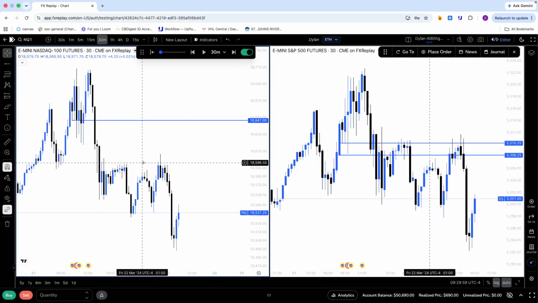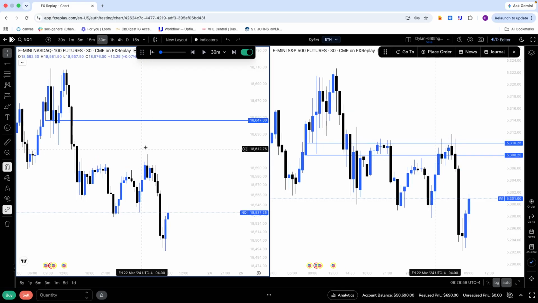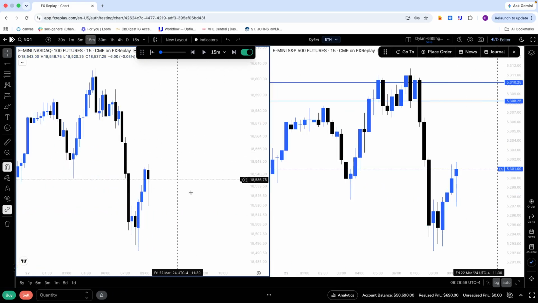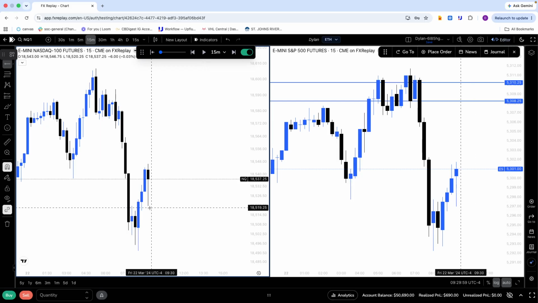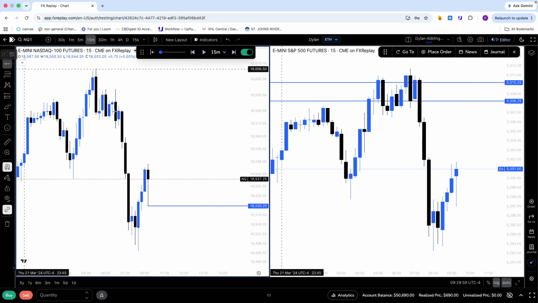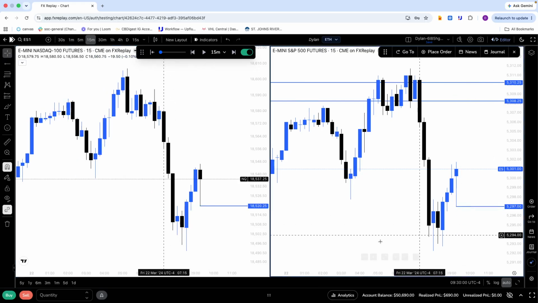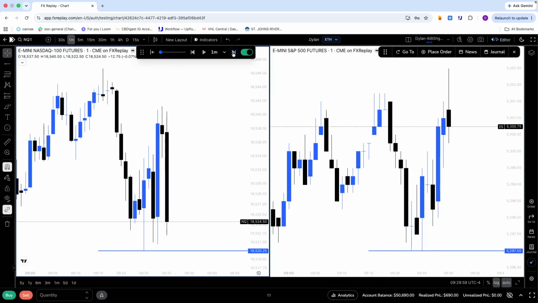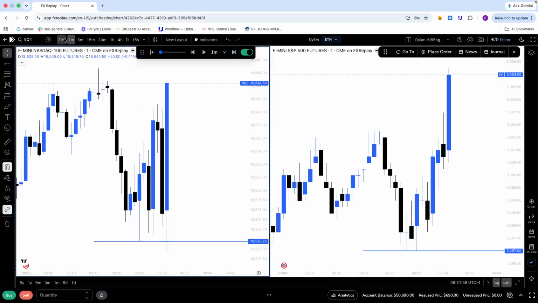Because what? I mean, you have all this low resistance. However, it's kind of already taken on ES. It isn't. So what I would want, this 15 seconds seems to be very respected. I'd want to see this low get swept, or these lows here get swept before then going higher. But we'll see what the price here gives us. Bang.